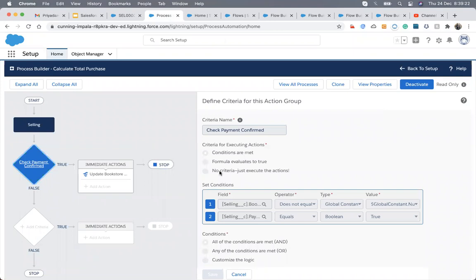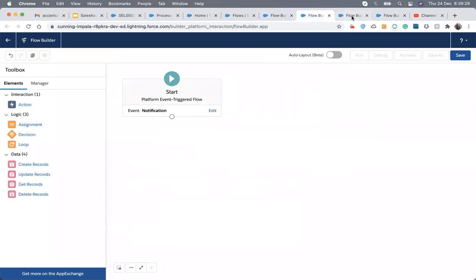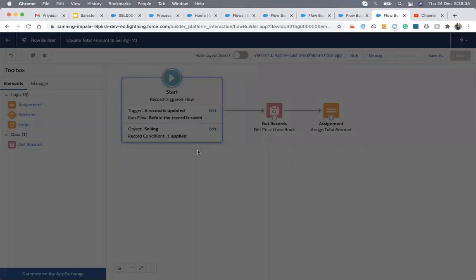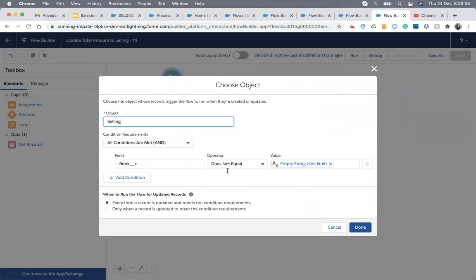But yeah, we can also say that this one has a limitation that it will be called every time you make changes. From here we can handle that.